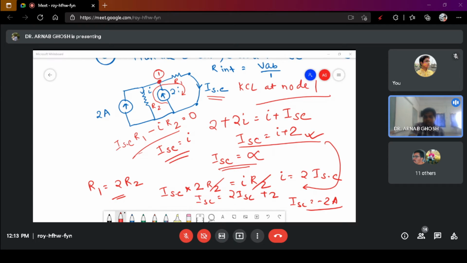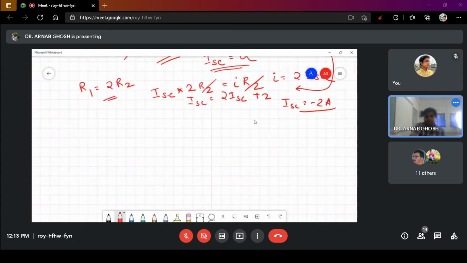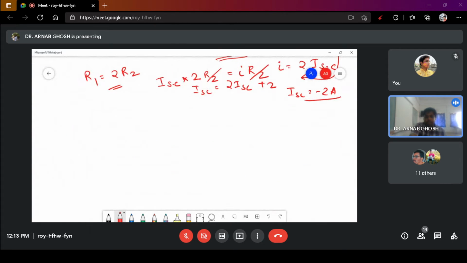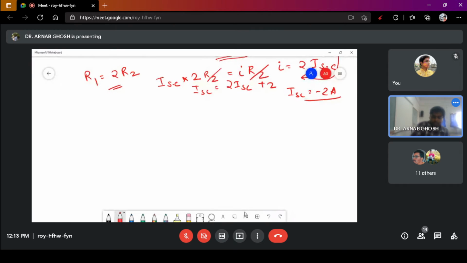Now you try to do this another problem. This is also one of the important problems. I think Sir has marked this also for you. You have to find the current. See, any questions from here you can ask me. These are the steps. If you have the book, you can focus on problem 3.28, or I will just redraw the circuit.